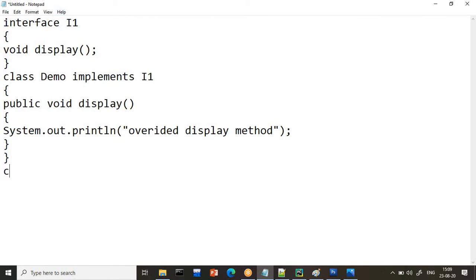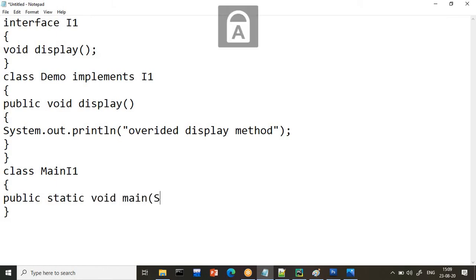I want to call this in main. So I will write the class Main I1, where I will write public static void main(String[] args). First we have to take the object of Demo.